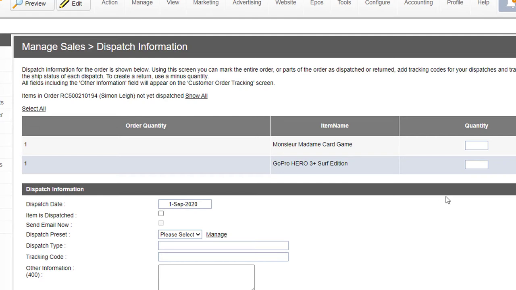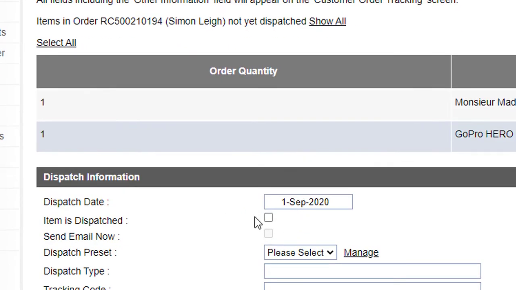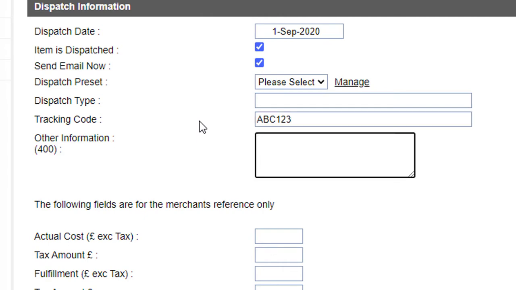What you need to do next is select what you're going to dispatch, because of course you can either send it all in one go, or you can create lots of dispatches for one order if you're sending items in an order separately. But we're just going to do it all in one go. So you either put the quantities in there, or I'm just going to click on Select All here, which will do that for me. Choose the dispatch date, that's just today's date by default, and then I'll tick item is dispatched, send email now, and then in the tracking code I'll put ABC123, and in the other information box I'll